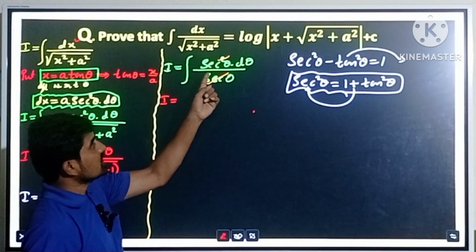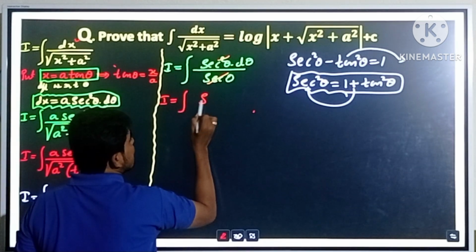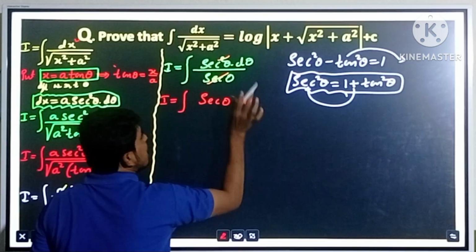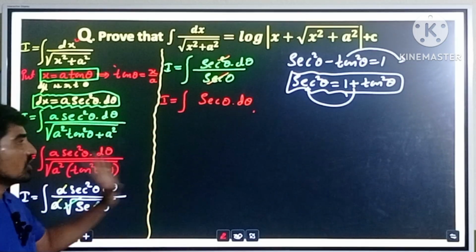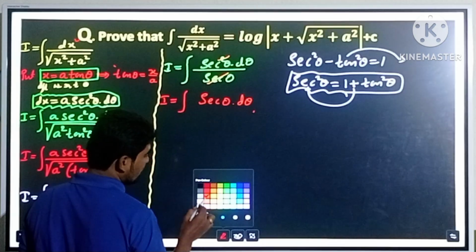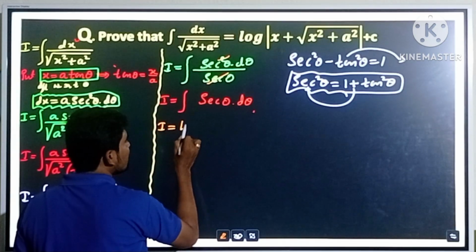Secant theta is cancelled from the numerator, so the entire secant theta cancels with the denominator, and therefore we are left with 1. Now I is equal to, we know that the integration of secant theta is log